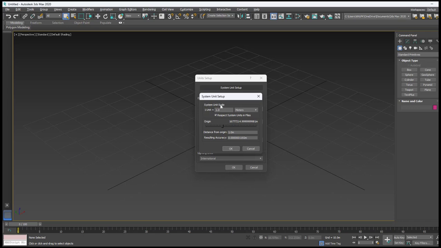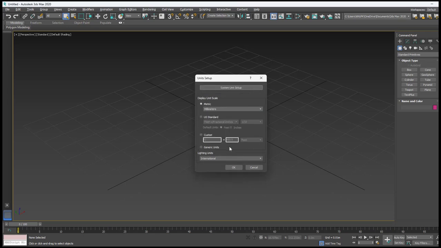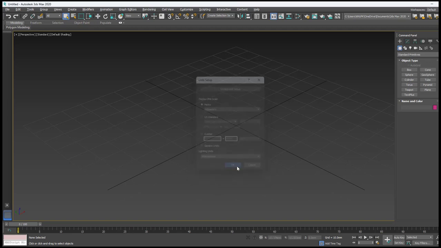Here we have the system unit scale, where 1 unit is equal to a meter or millimeter. Click OK. If you want to do the modeling in feet and inch, click on US standard and keep feet with fractional inches, and then OK. Like this you can switch depending on the requirement and hit OK.